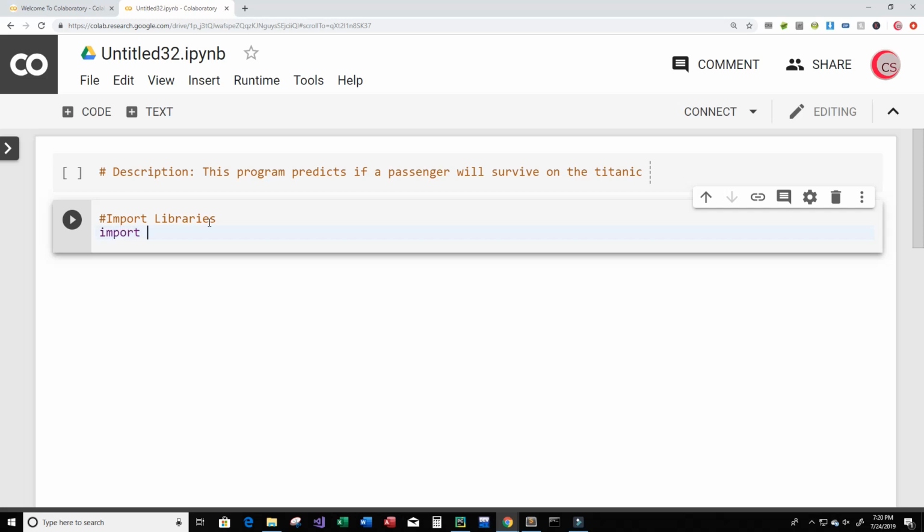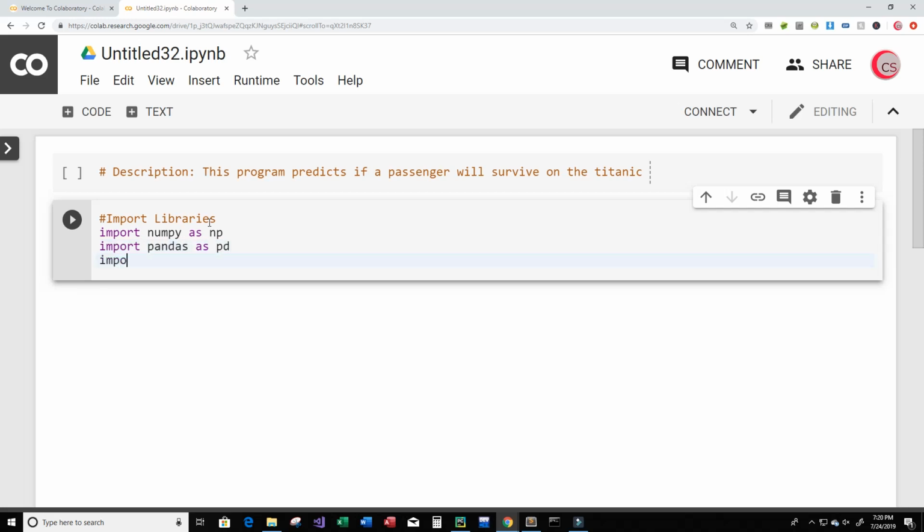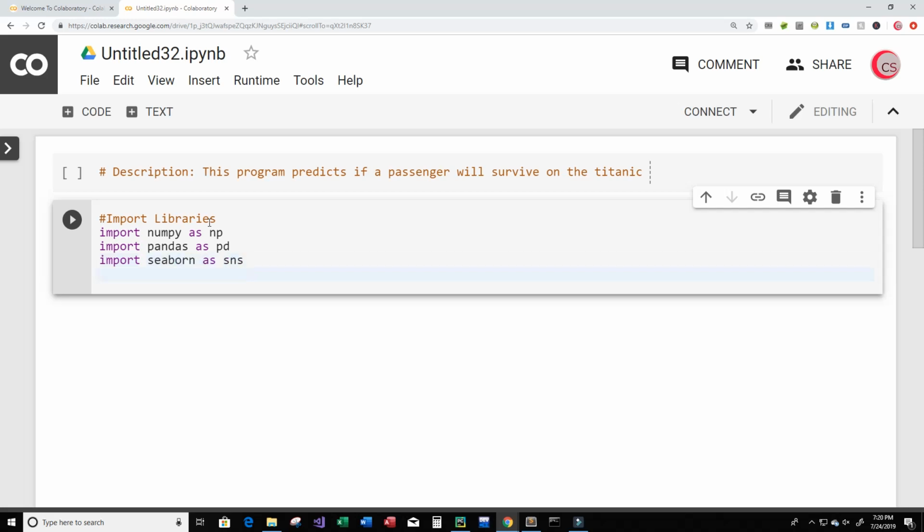So let's import NumPy as np, and then we're going to import Pandas as pd, and I'm going to import Seaborn as sns, and then I'm going to import matplotlib.pyplot